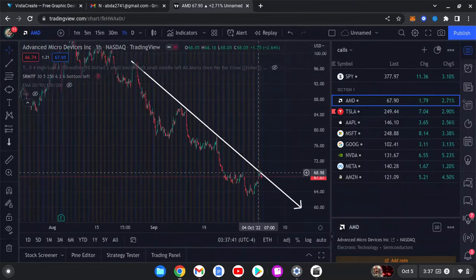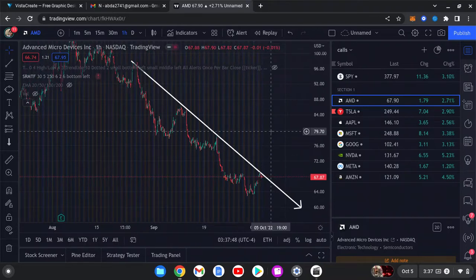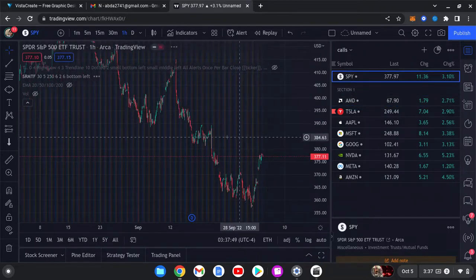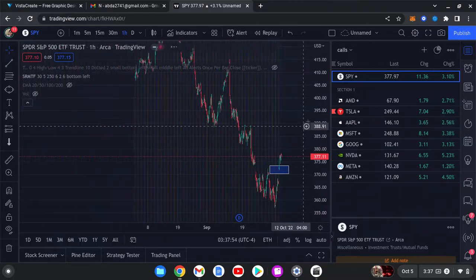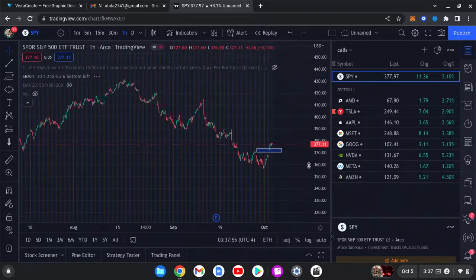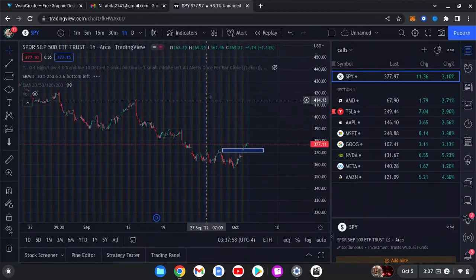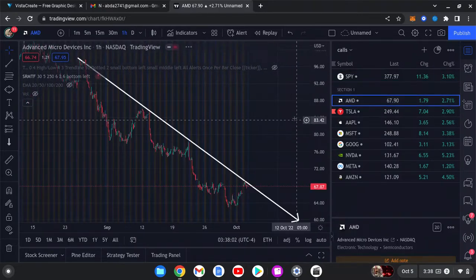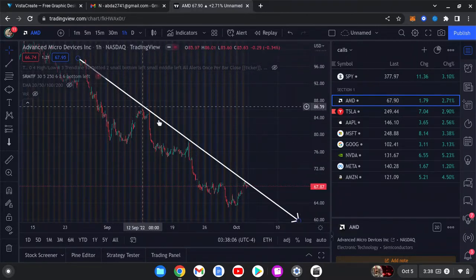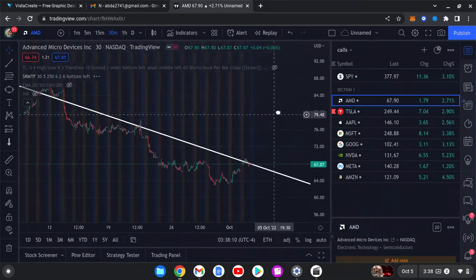And we can see that we are now looking at a resistance level. So we can expect the stock market to take a kind of dip tomorrow, perhaps, just because it's hitting a possible resistance area. Anyways, back to AMD. So we have this descending trend line, and then I jump to my 30-minute time frame,